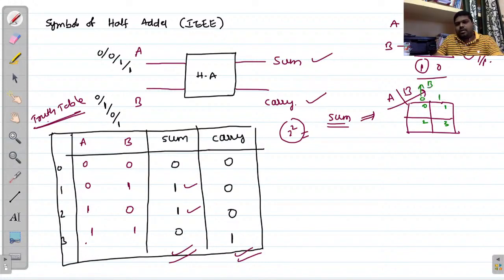So this 0 can be indicated with b bar, and this can be indicated with b, and this is 0 and this is 1. So this can be indicated with a bar, and this can be indicated with a, right? So now